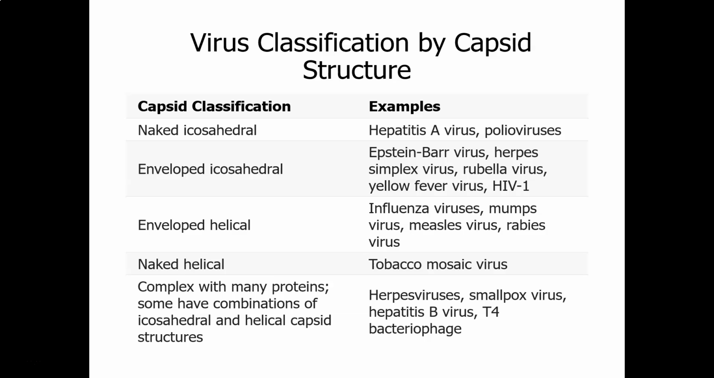So classifying by capsid structure, the virus can be naked icosahedral. We saw the adenovirus earlier. Hepatitis A and polioviruses. And then enveloped icosahedral. The herpes simplex virus, Epstein-Barr, rubella, yellow fever, and HIV